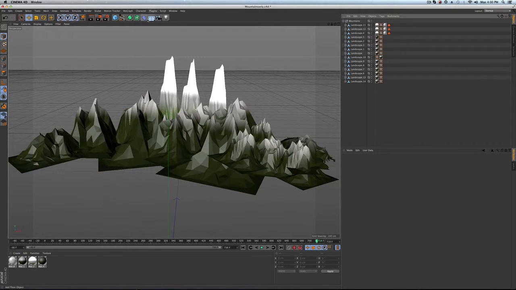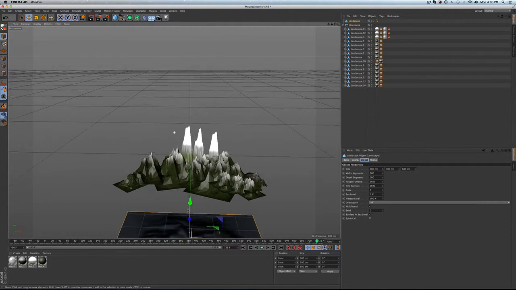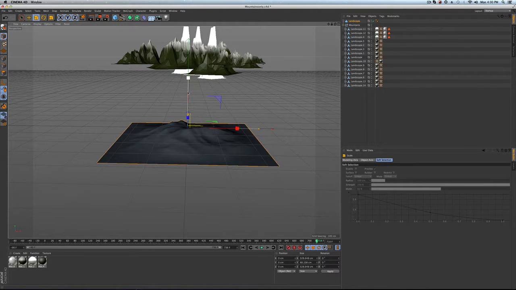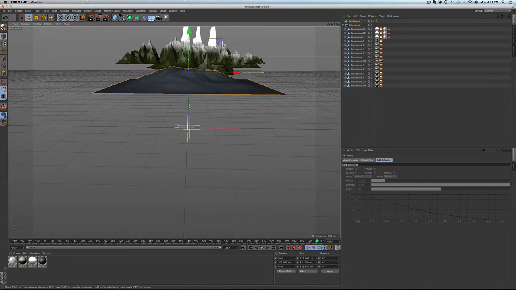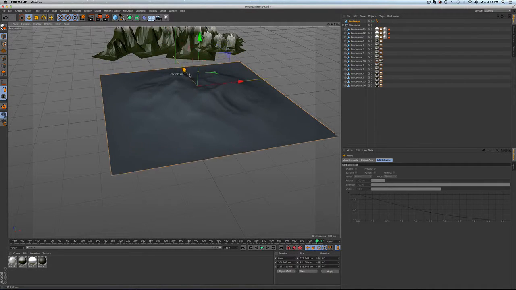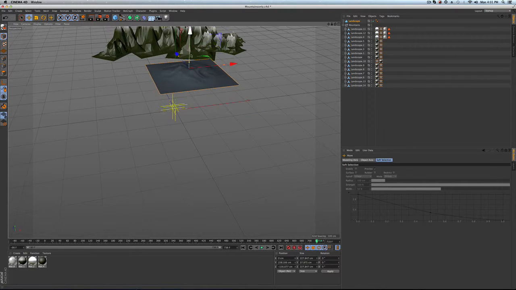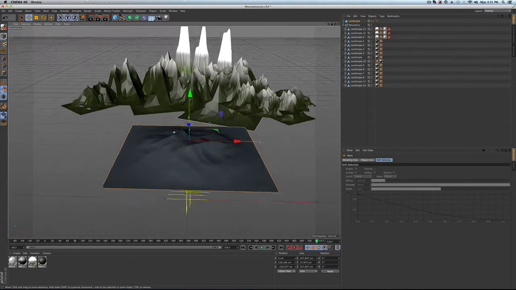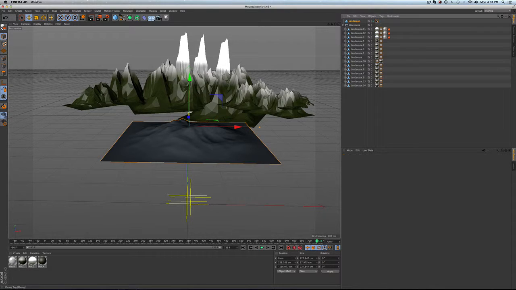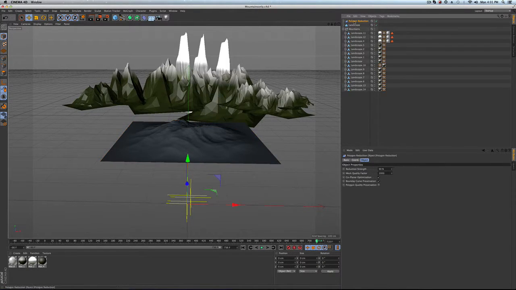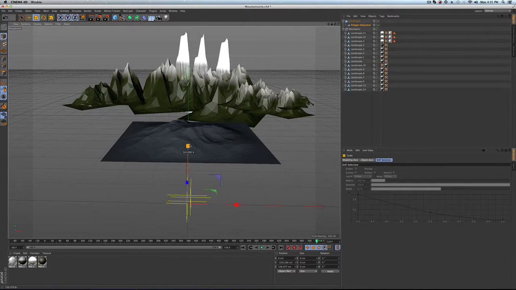So what does that mean? We go in, we grab a landscape. Here it is. Make it whatever size we want. Let's say we're trying to make it match our current scene. Well, it's obviously way too big, so let's make it a little smaller. Before we put it in there, let's get rid of the Phong tag, and let's give it our polygon reduction. Okay, and now that it's editable,